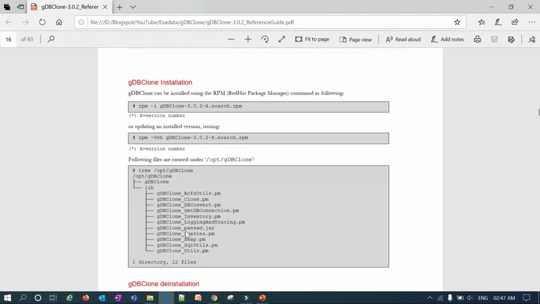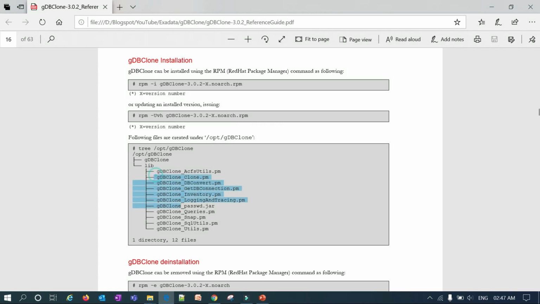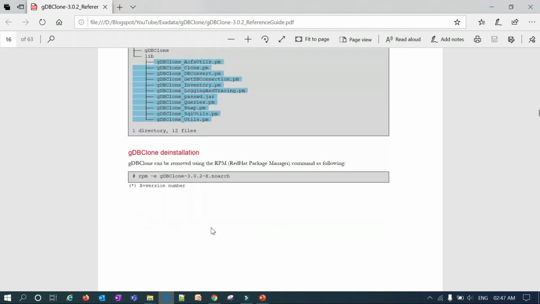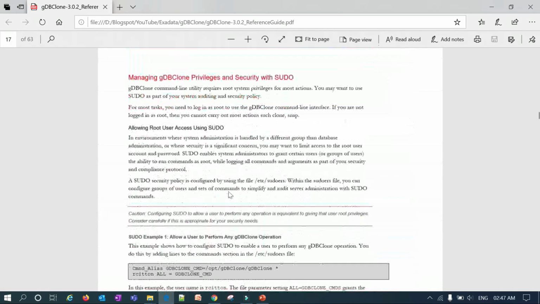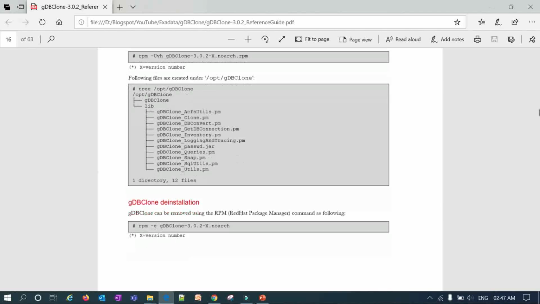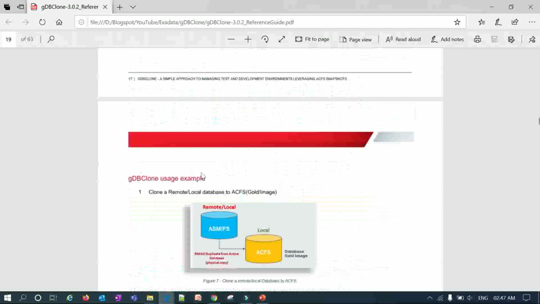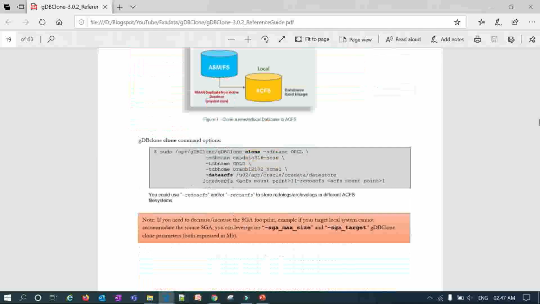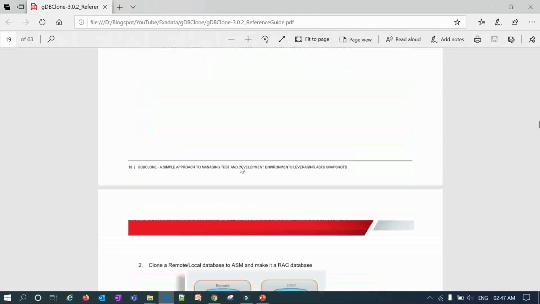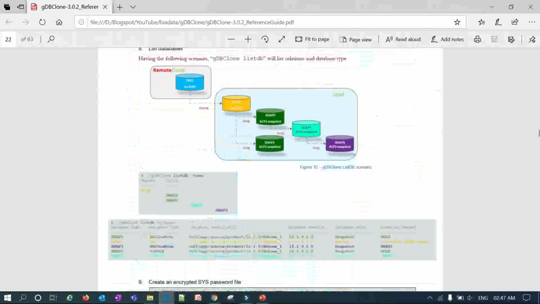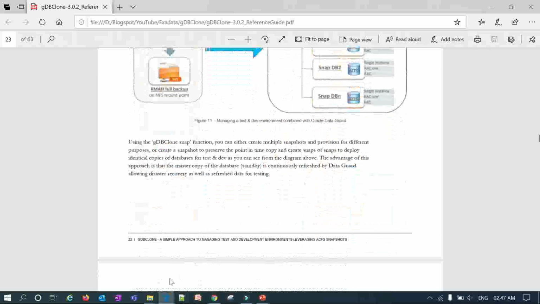If you go inside GDB clone, you will see all the libraries and the .pem file, and you can remove that RPM and reinstall it. It's just a single RPM. If you install it, your GDB clone tool will be ready, right? And again, it has a lot of examples. You can read this white paper and you will understand very well.